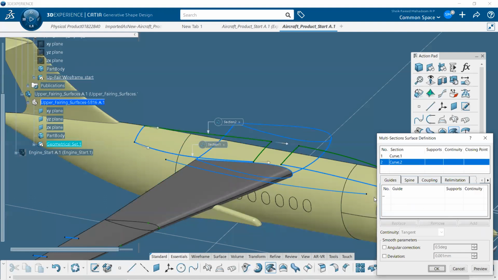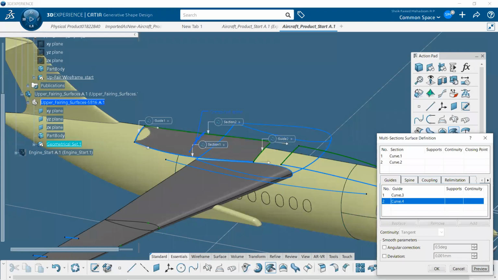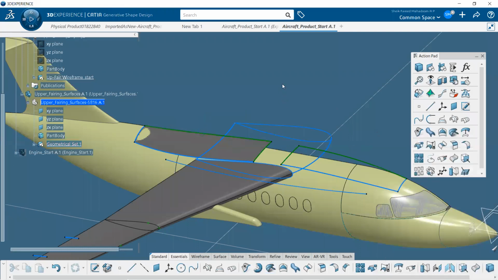Then select the shorter curves, this curve over here and this curve over here. Okay, I have two profiles and two guides. Then say preview. You have the surface, then click OK. That is the first thing.